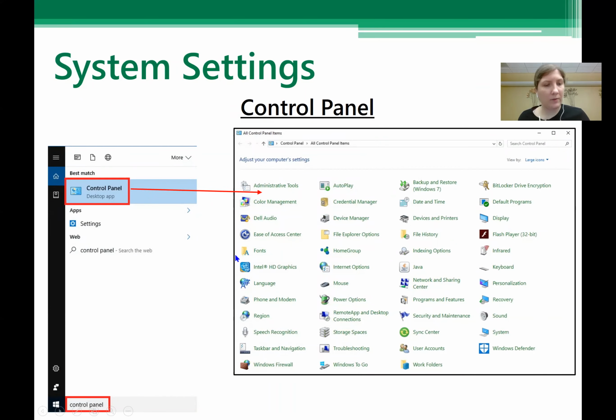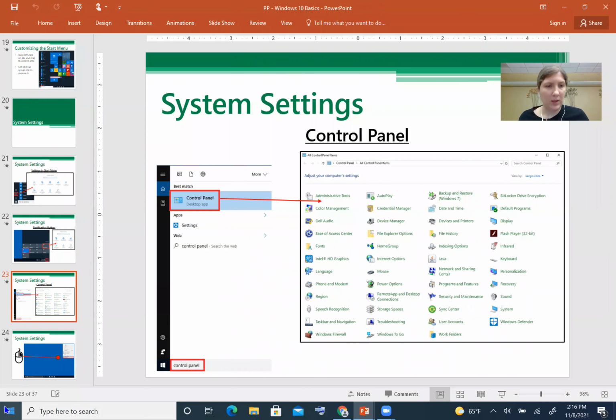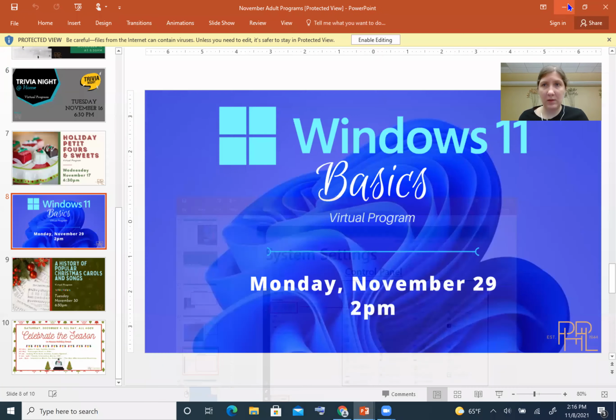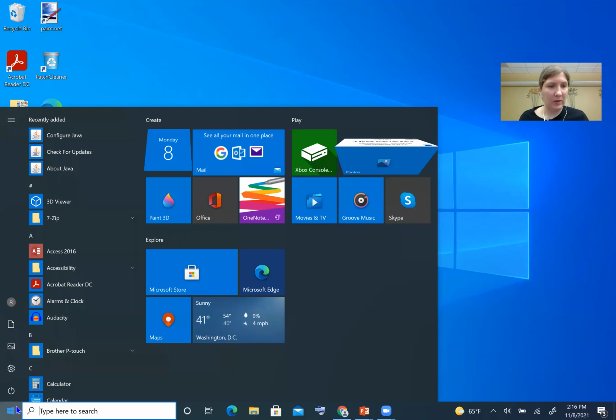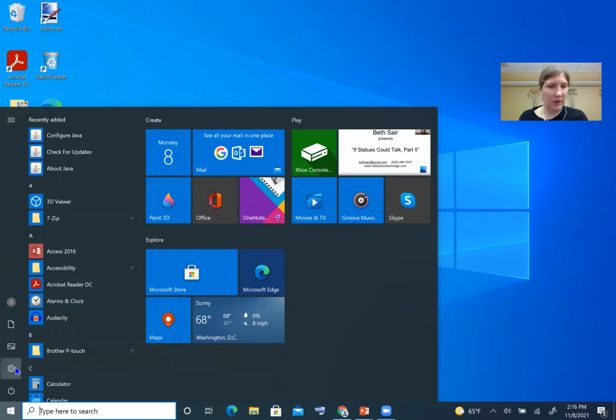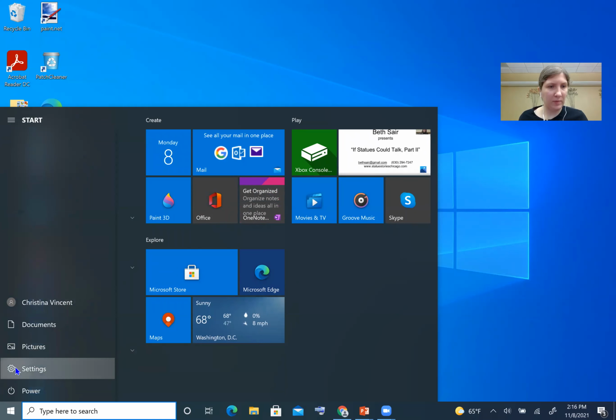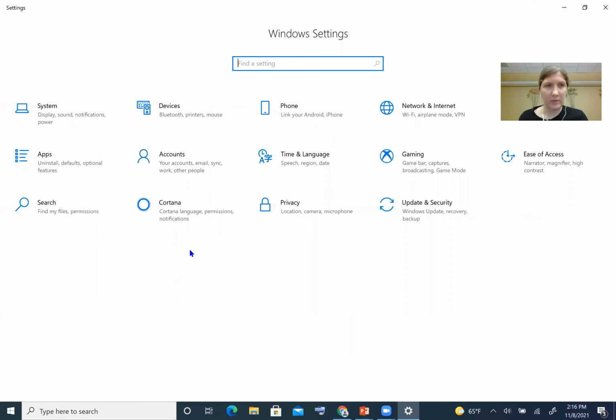So I'm going to go back for a second and pull it up here. Hopefully you can all see this screen. Let me know if you cannot see it. As you can see, I clicked on my Start menu and I will go to my settings here. And here you can see it. I'm going to go first quickly